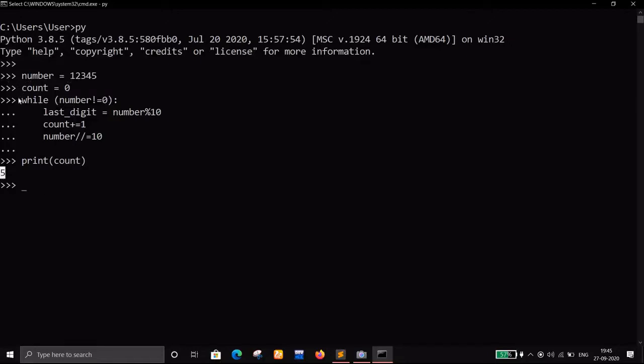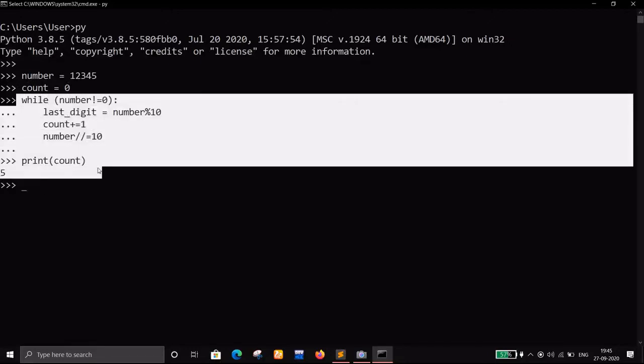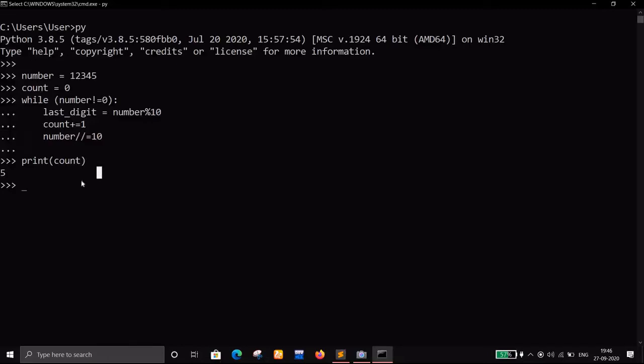So this is the mathematical approach of getting the count of total number of digits present in the number, right? But there is one another good way which I preferably use, which is, let's say you have a